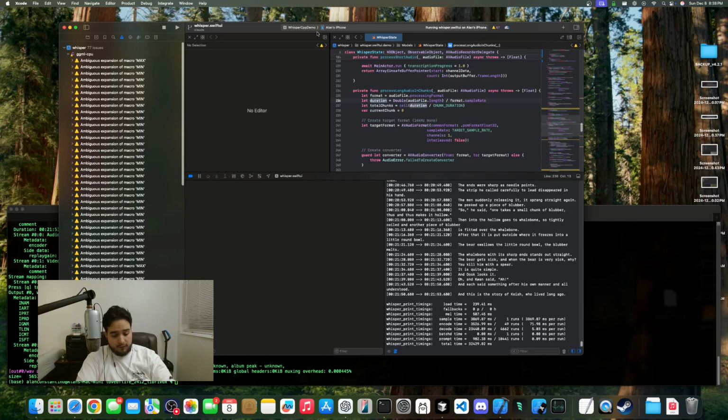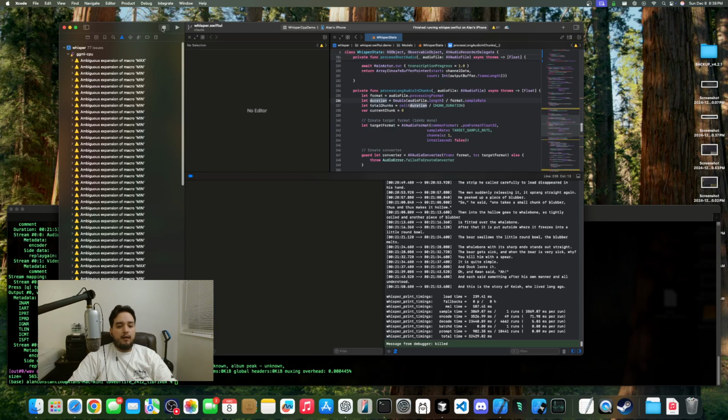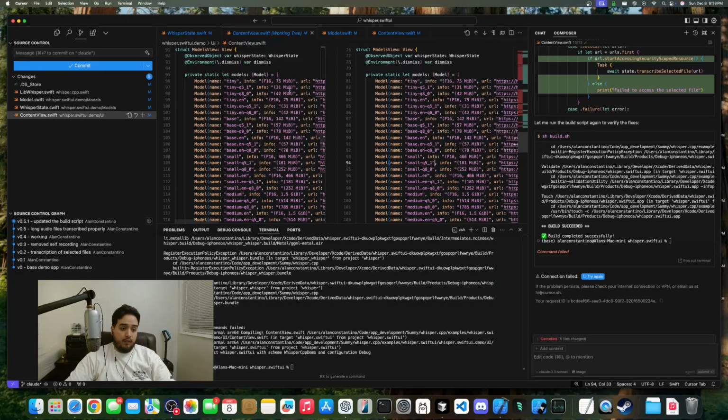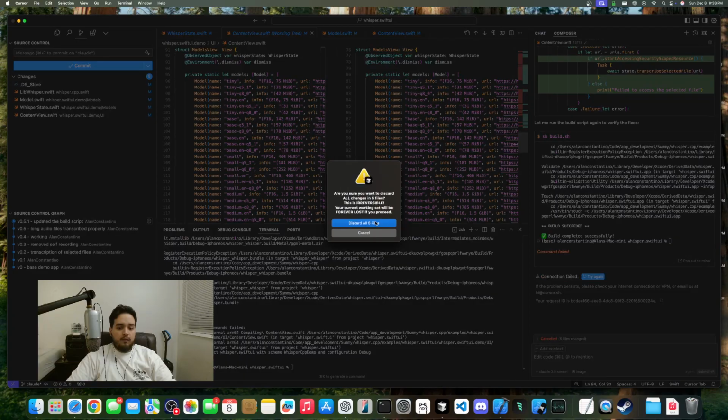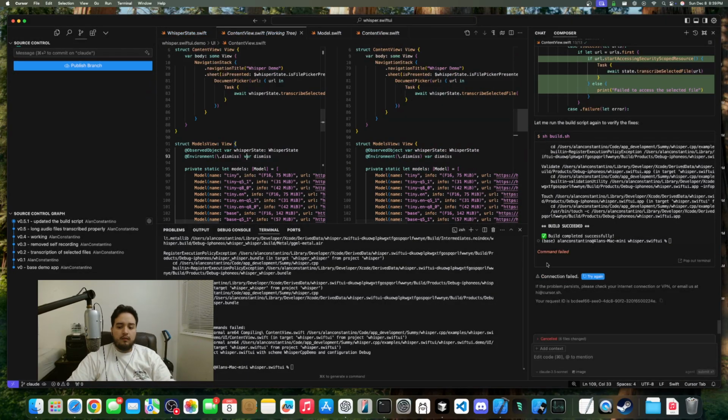The problem is that it doesn't transcribe it in real time. So that's fine. I don't think I'm gonna worry about that as long as I get cool loading bars that tell the user what's happening. And then, okay, so